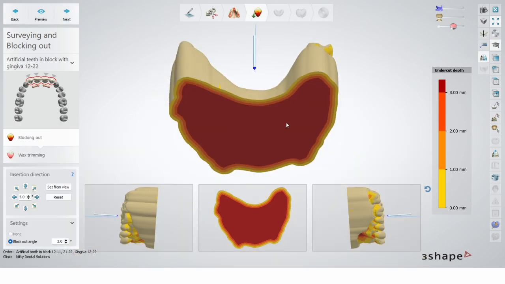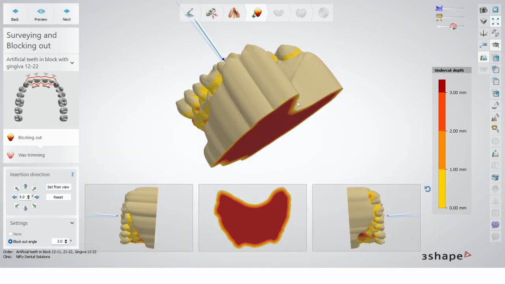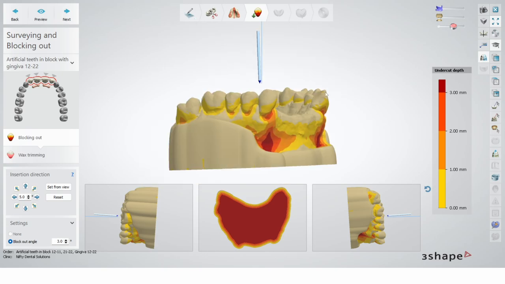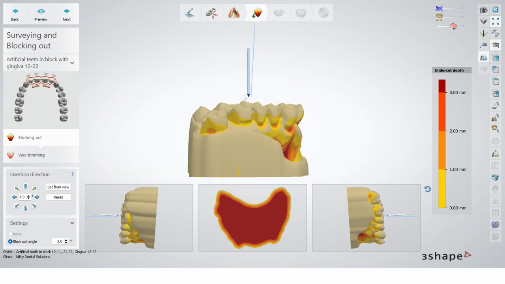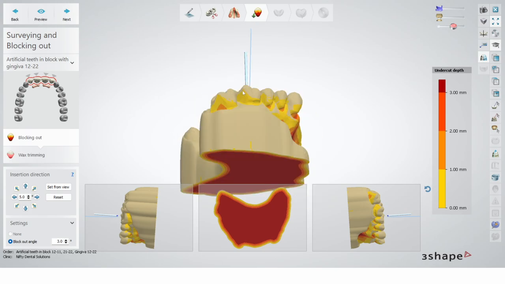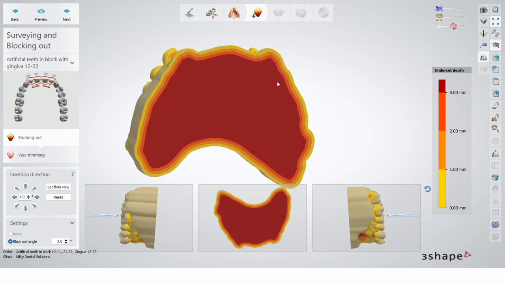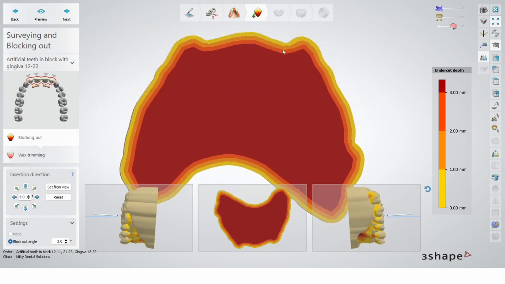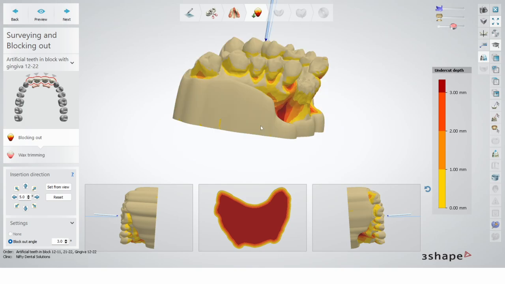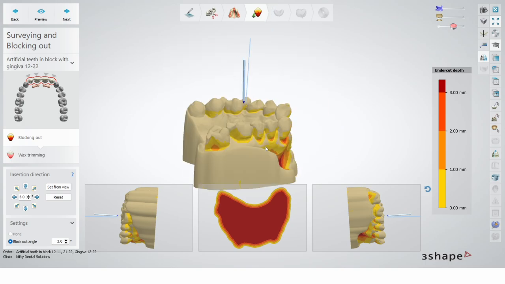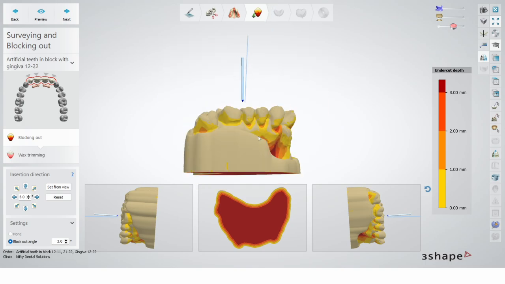Perfect, blocking out stage. This is another important step because we don't want to incline this insertion direction too much. We always want to keep it quite square. And also you can see from the bottom this tricolor rainbow. If it's balanced, we're going to see a nice balanced color all the way around, which means it's quite square to the target. You can see it's pretty square.